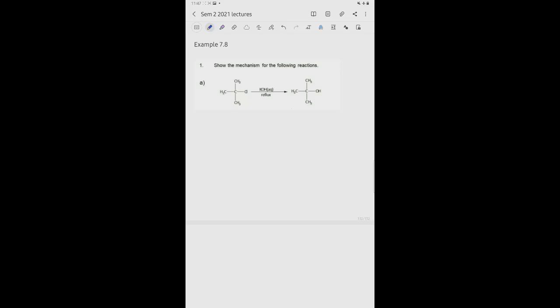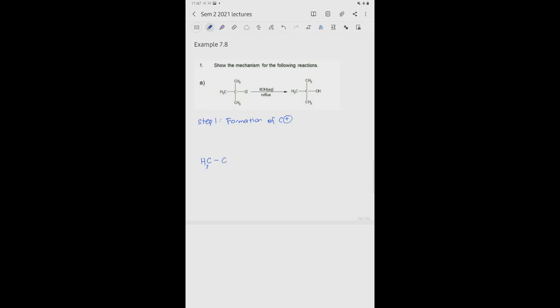As we have discussed just now, we have 2 steps of the mechanism. In the first step, we have to do the formation of the carbocation. So how do we form the carbocation? Step 1. I will write the name of the step like that. So we have the starting material,